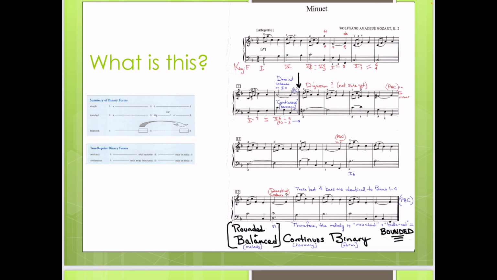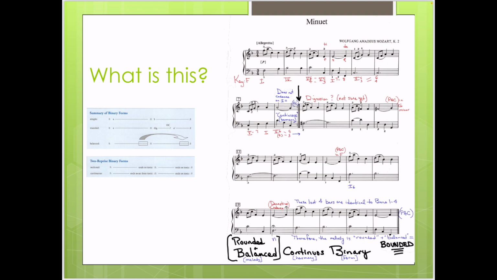It's more balanced. It's got elements of both. So the melody is bounded. The harmony is continuous because in bar 8, it did not end with a PAC in the home key, and the form is binary. Now I promise that I will not give you a bounded example on the final exam,